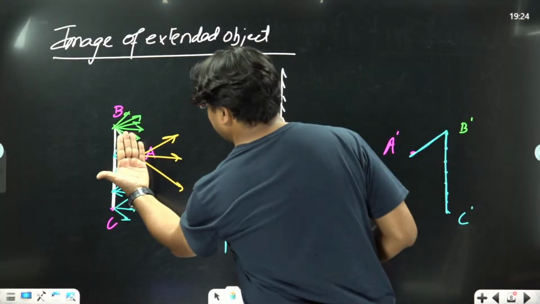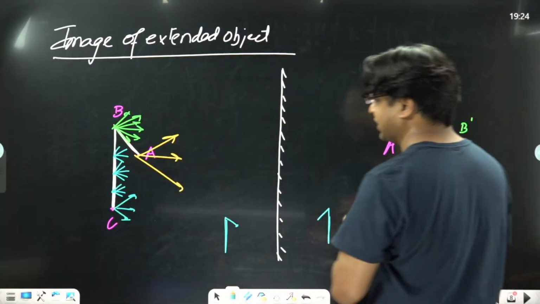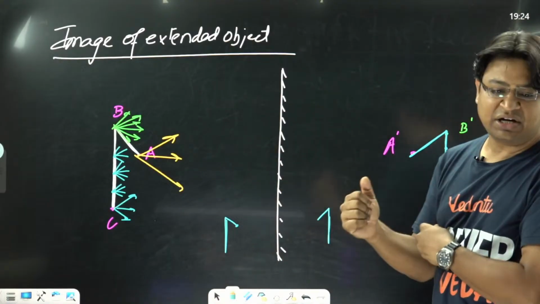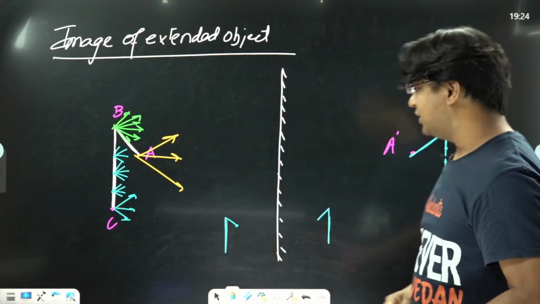So we can say that it gets flipped, laterally inverted. If this is the object, then this will be the image. Okay, so it gets laterally inverted. Getting it? Okay, so just to highlight the shape thing,